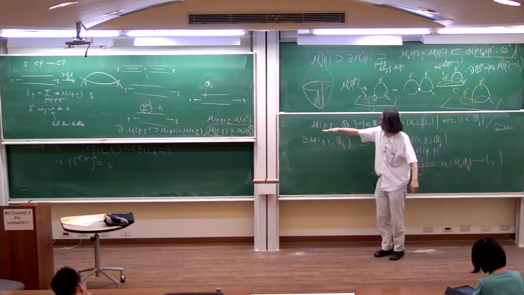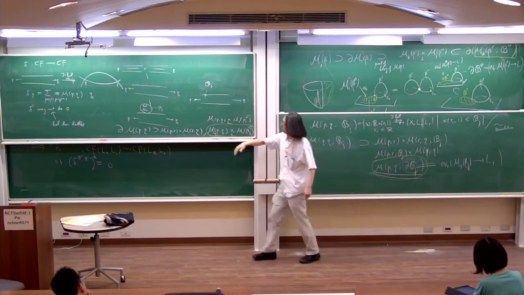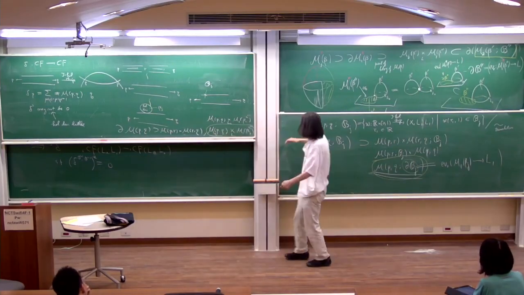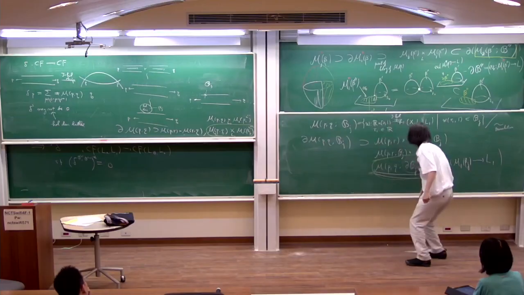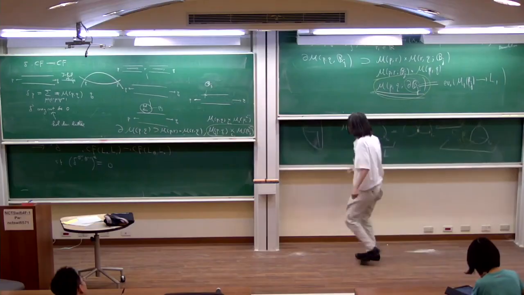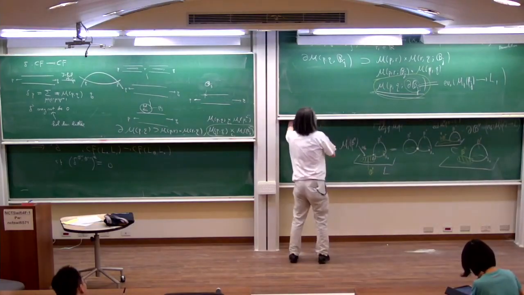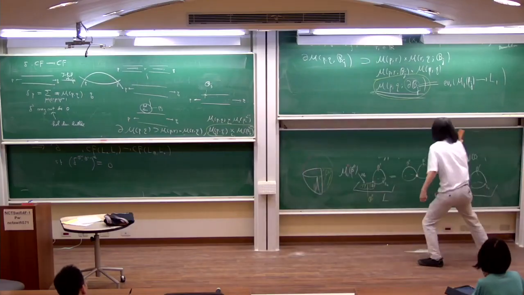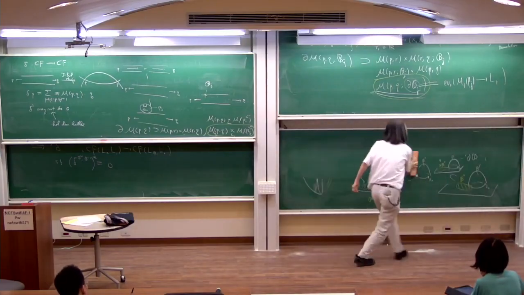Namely, gluing this moduli space with this moduli space, this part of the boundary actually cancels out. So therefore, what we do is the following. I don't know how appealing this is, but